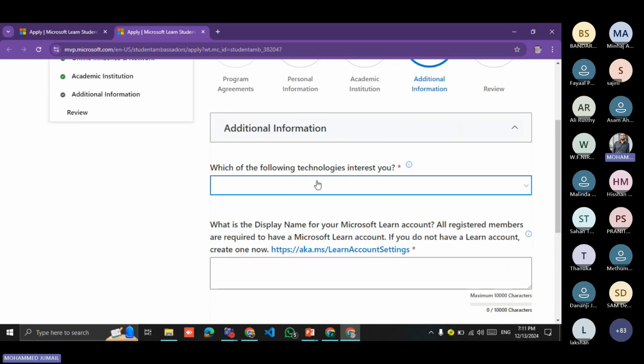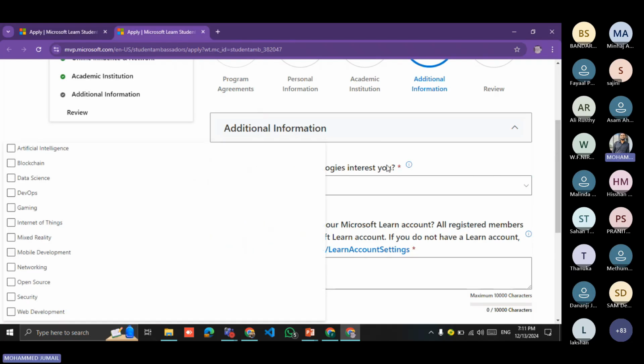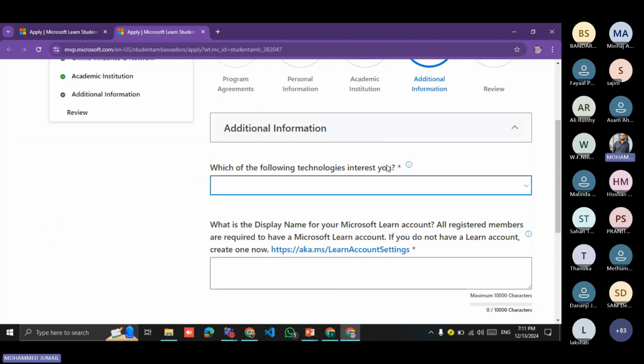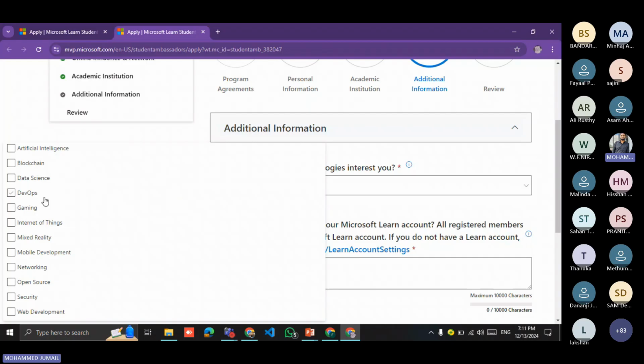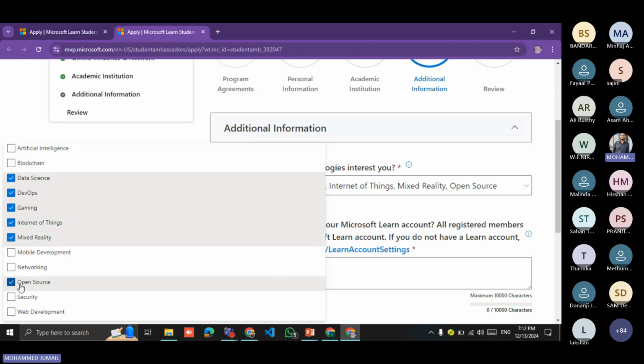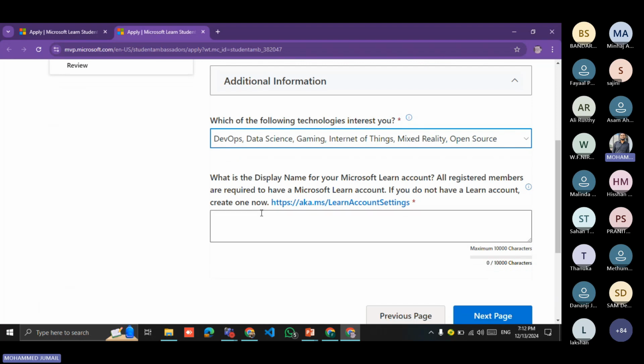Now the additional information. Which of the following technologies interest you? You can enter your interested technologies like DevOps, data science, gaming, Internet of Things, IoT, mixed reality, open source, if anything you are interested in. Then, does the Microsoft Learn registration require a Microsoft account? If you do not create this one,